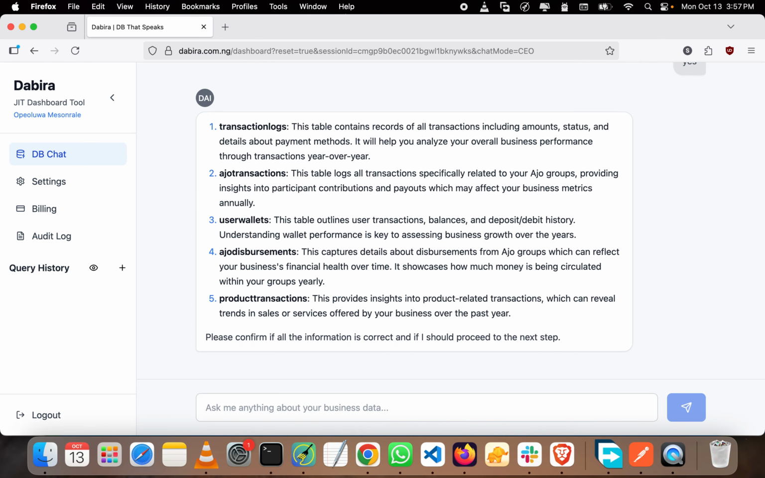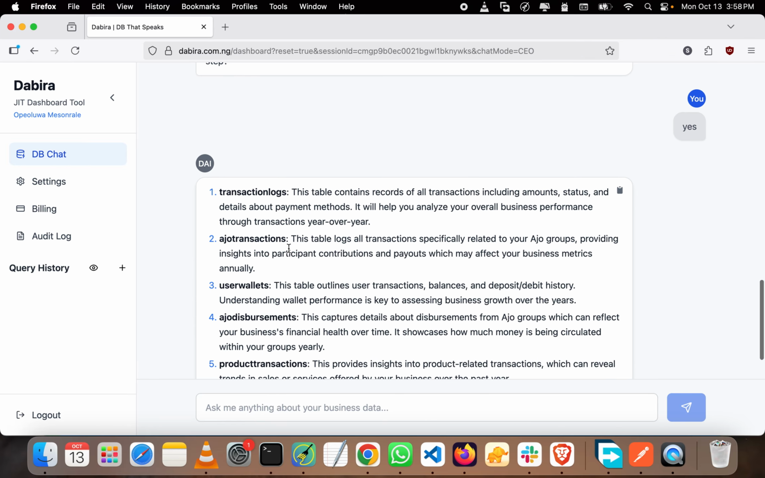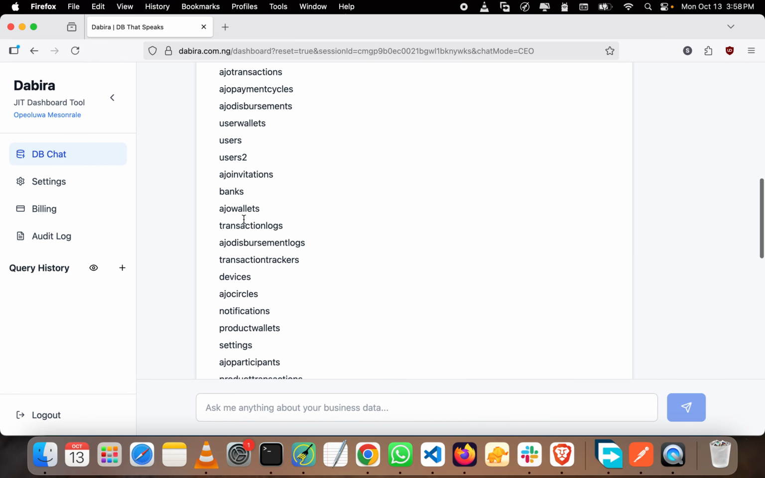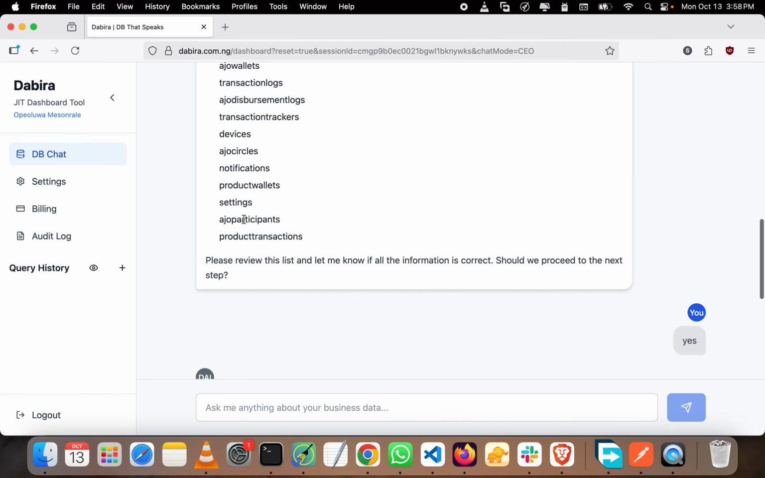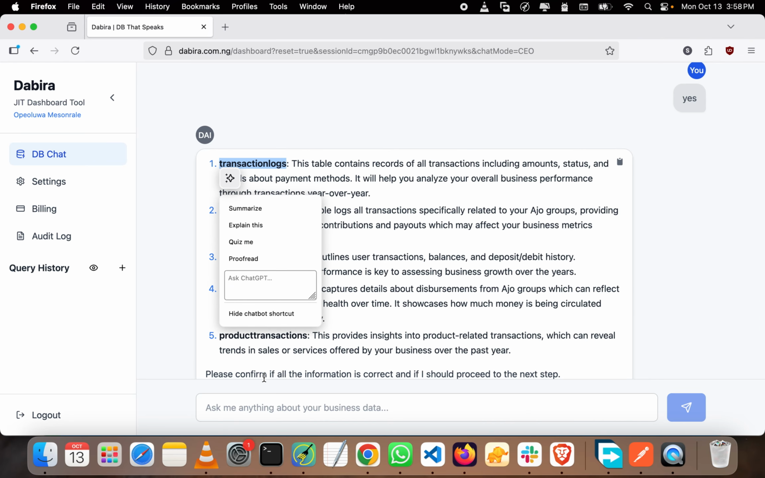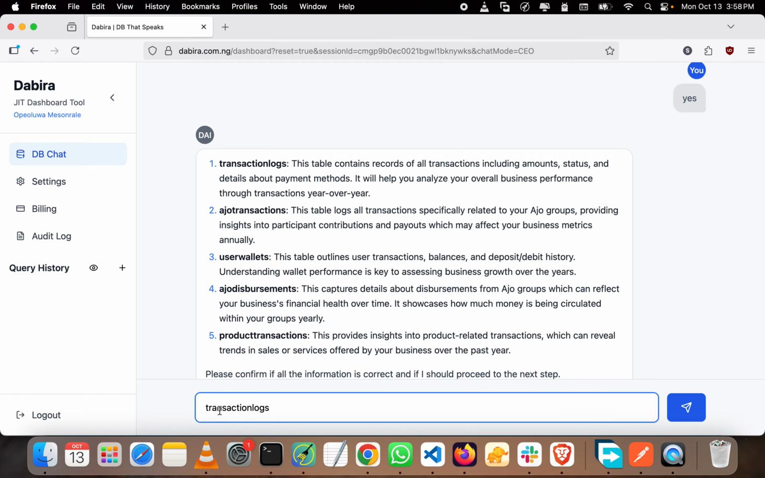Now, based on the tables I have earlier, it has selected these 5 tables that it wants to analyze for this demo. Then I can choose to remove a table or add more tables. In this case, let me remove this transaction logs. I don't think I need this, and this data is actually obsolete. I'm not using this again. So I can just say remove